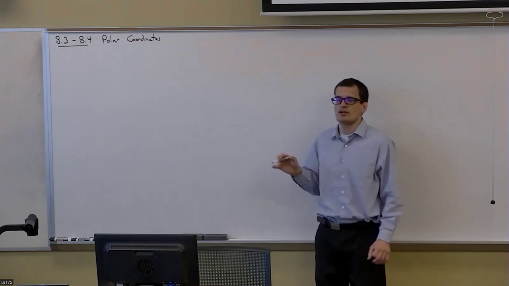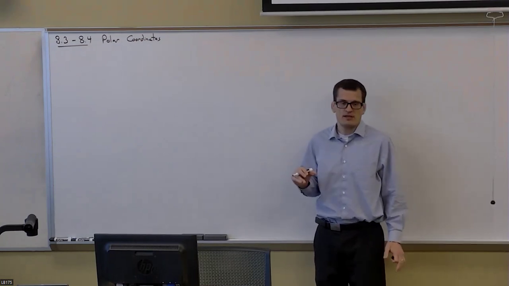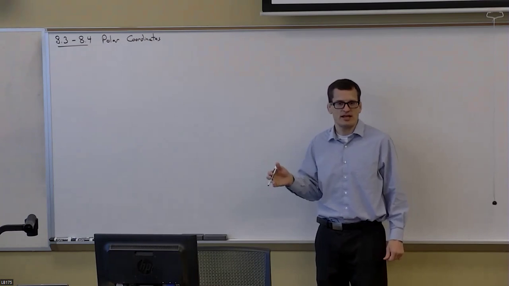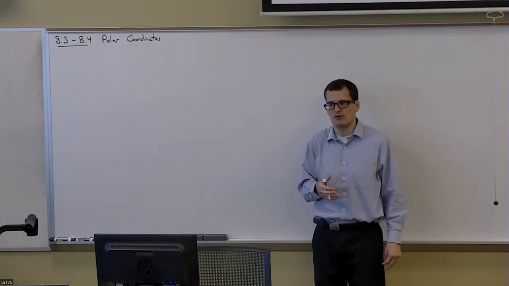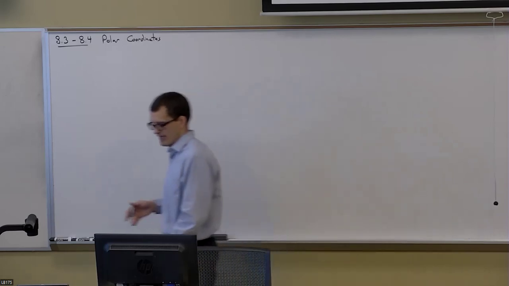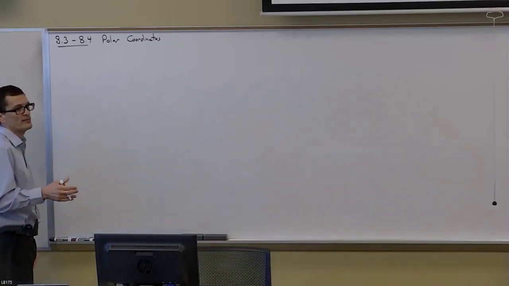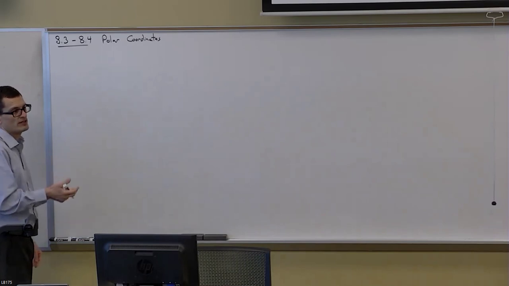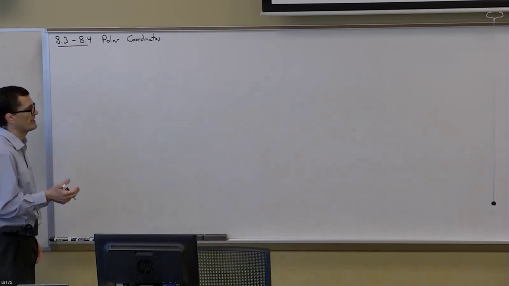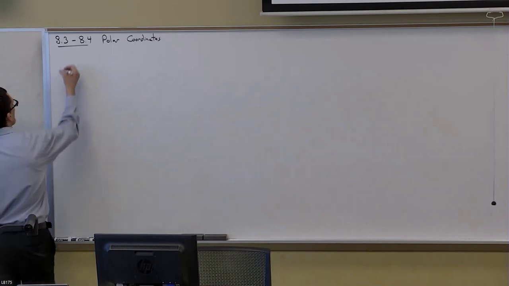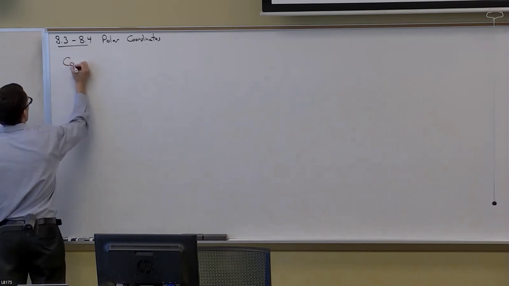Last time we converted points. You take a point in rectangular and we converted that to polar form. And then also we took a point in polar form and we converted that into rectangular. And the conversions we had